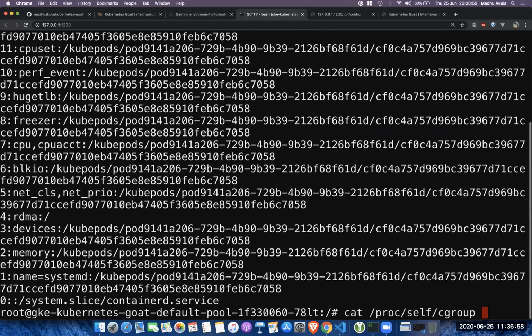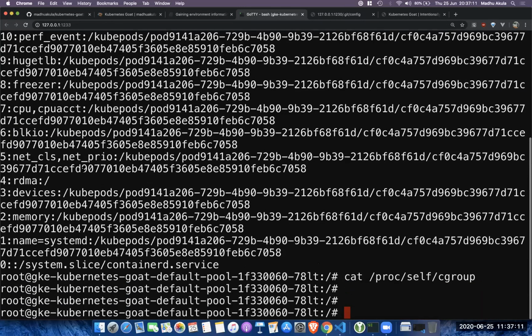It will tell you that this is a kube pod, so it is running as a pod in Kubernetes. Sometimes if you run the same command in Docker, you see docker or runc, whatever containerized environment it is running in.